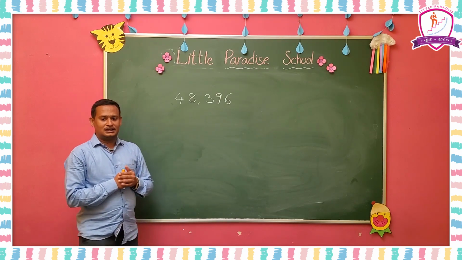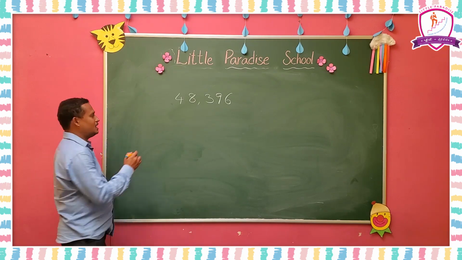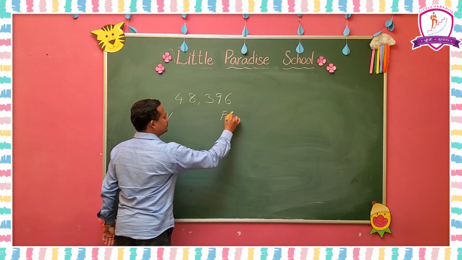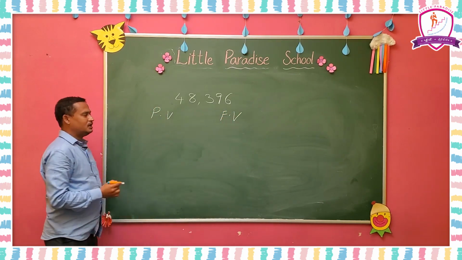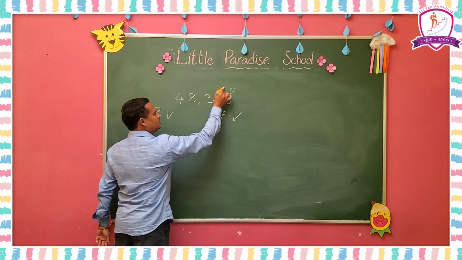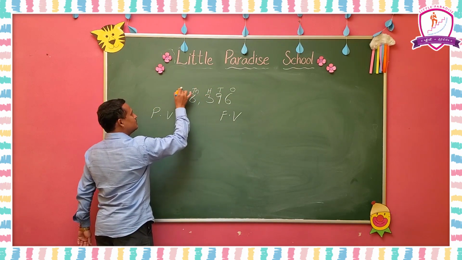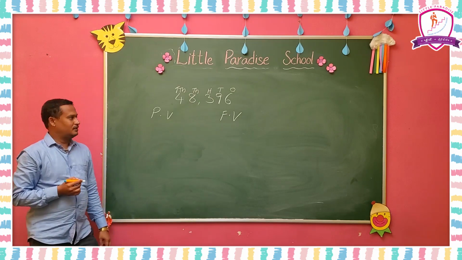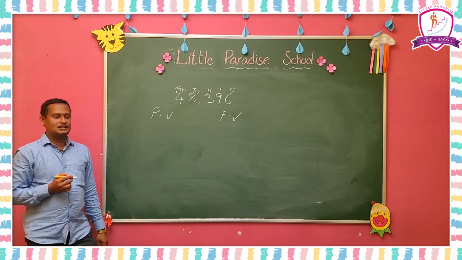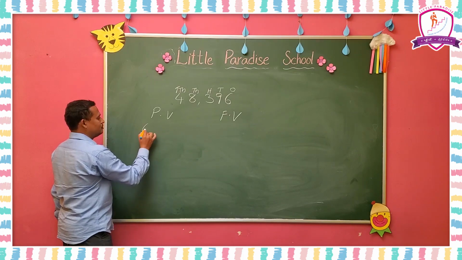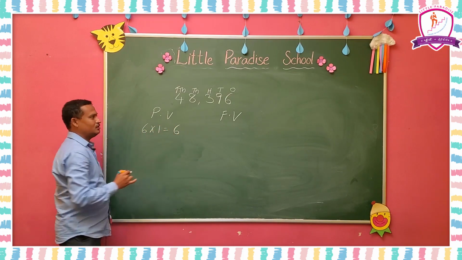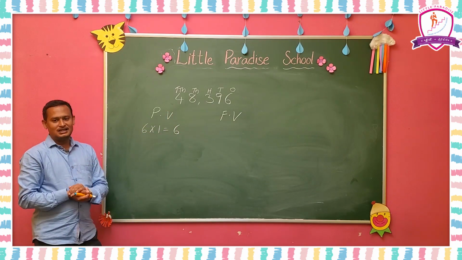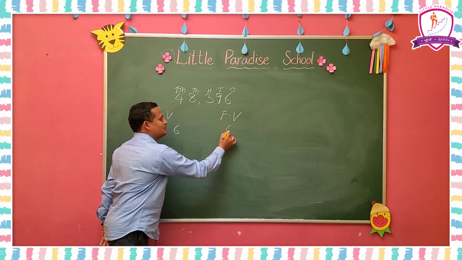Okay. Next, I am going to write the place values and face value. So before that we have to write the places here: ones, tens, hundreds, thousands, 10,000s. These are the places. First we start with the ones place. What is the ones place number? 6 is in the ones place, so that is 6 ones. When it is in the ones place, the value of 6 will be 6 only. So the face value of 6 is 6 only.